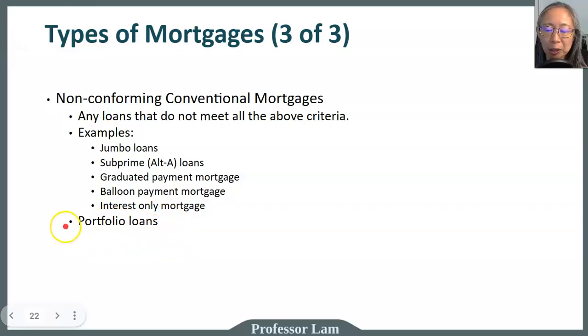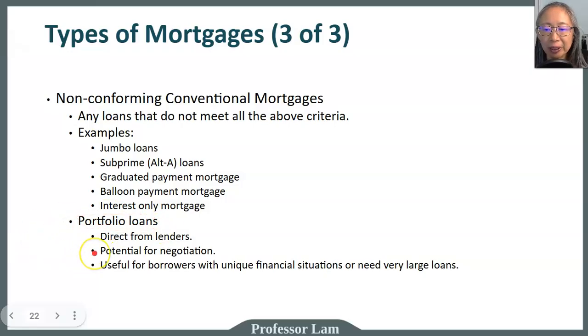Another type of loan is portfolio loans. Portfolio loans may be conventional or they may be non-conforming. With portfolio loans, the money comes directly from the lenders. And because the money comes directly from the lender, there is some potential for negotiation. These portfolio loans are particularly useful for borrowers that have very unique financial situations, such as their incomes may not be fully documented because they have a lot of private investments, or if they need very large loans way above